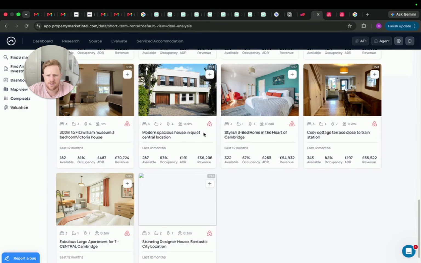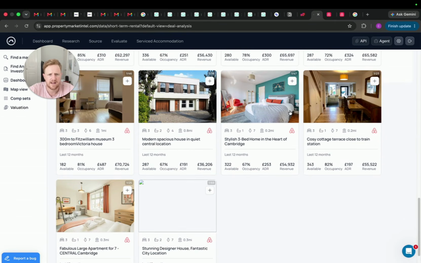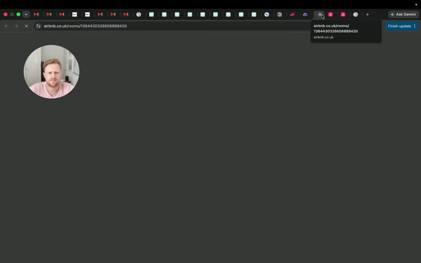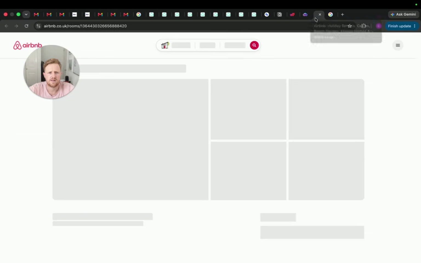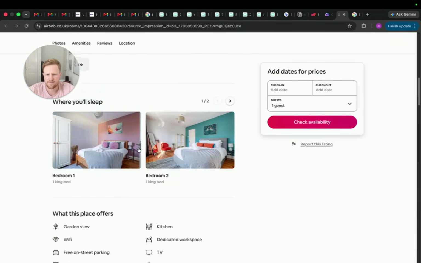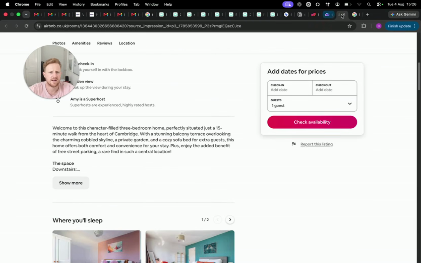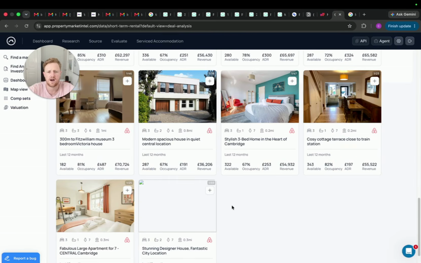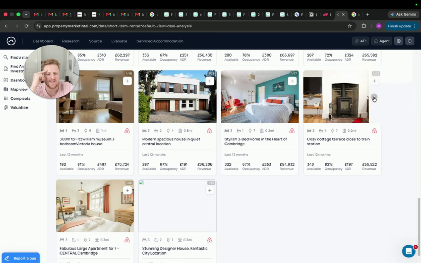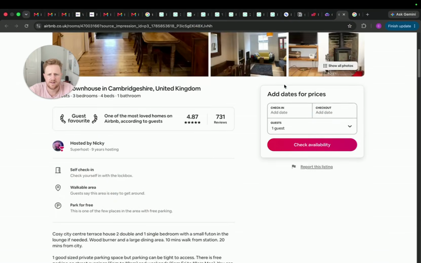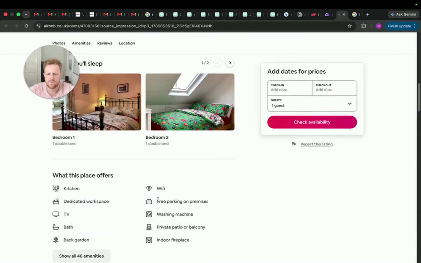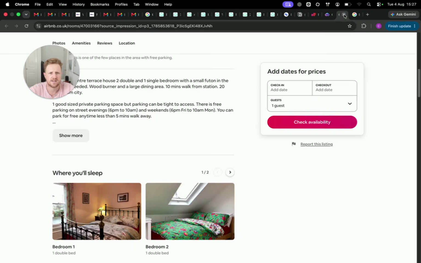That one's too big. Okay, does this have parking? Free on-street parking. Okay, again, I'm not going to add that. Why? Because ours does not have parking. Close to train station. This place probably doesn't have parking. Okay, free parking on premises. It does. Okay, so